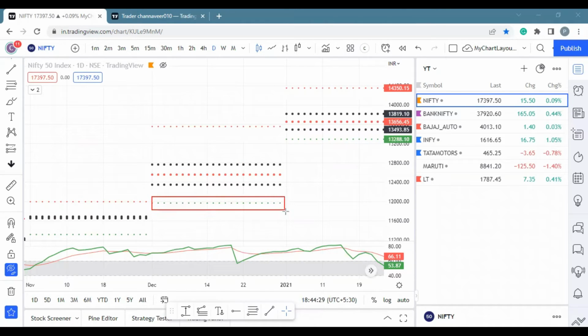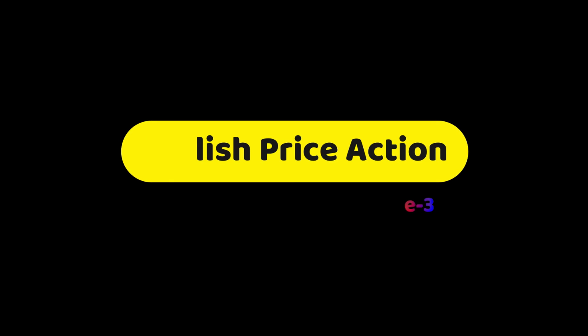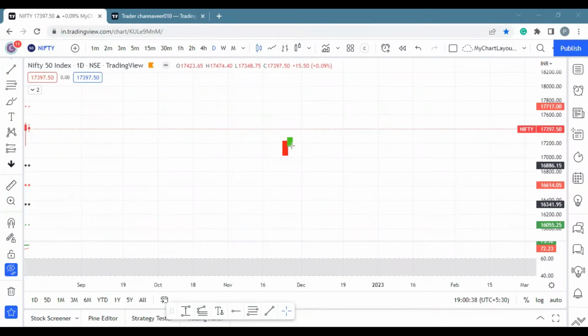So now the question is where. Where on S1, where on CPR and where on R1. These are the things we have to understand now. We are taking trades above S1, above CPR, that is the top central pivot, and above R1. Anything beyond that we are not interested in. So we have answered 2 questions, when and where. Let's move on to our next rule and understand what we are trading. What is it that we have to look for to initiate our trade? Rule 3 is the identification of bullish price action.